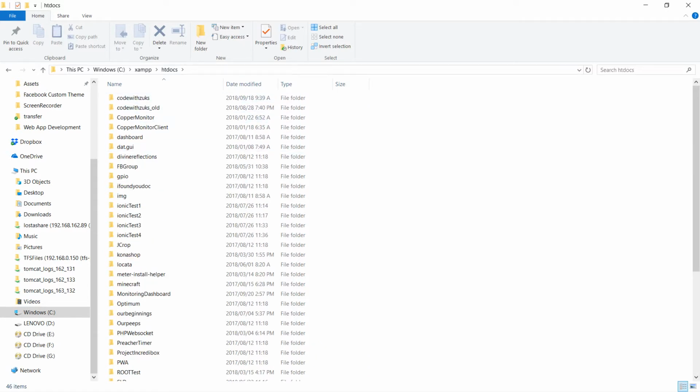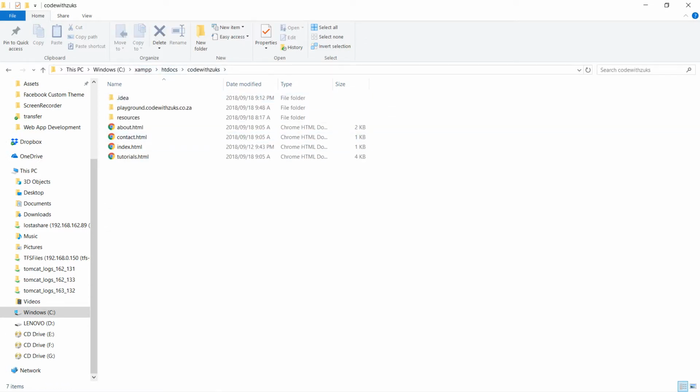this htdocs is the equivalent. On the server, there's this folder called public_html where you put all of your website content. So htdocs is kind of like that in Xampp. And then you create your folder. For instance, the Code with Zooks website. I've created other